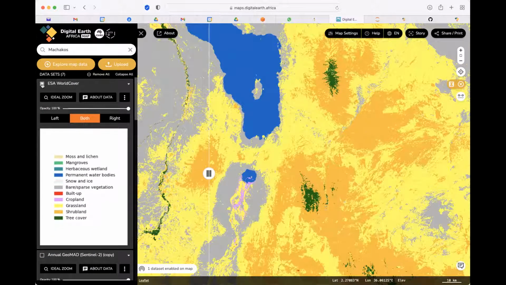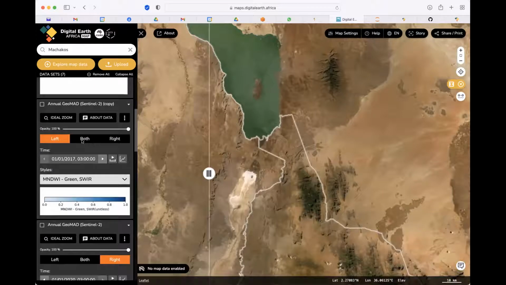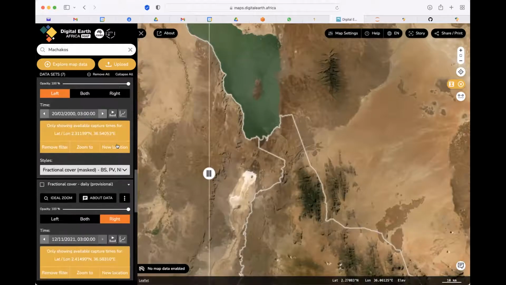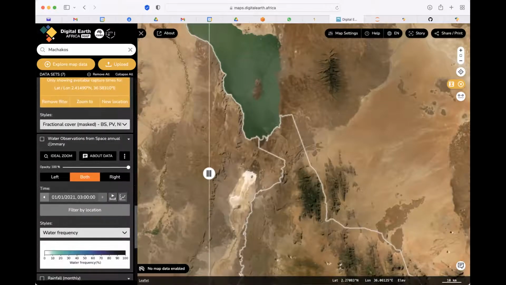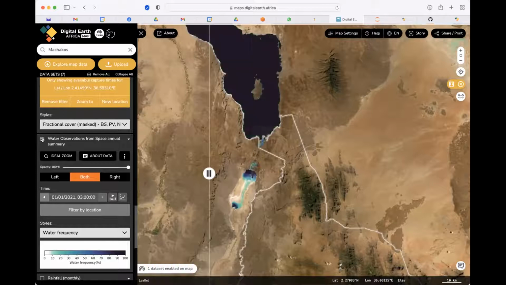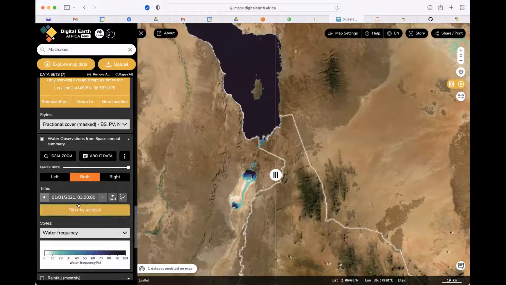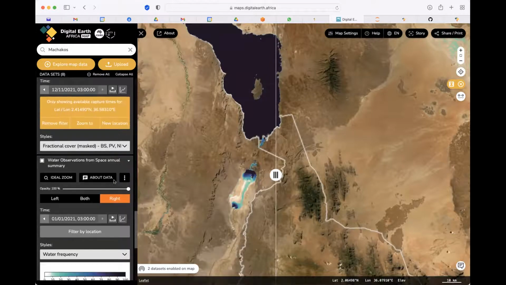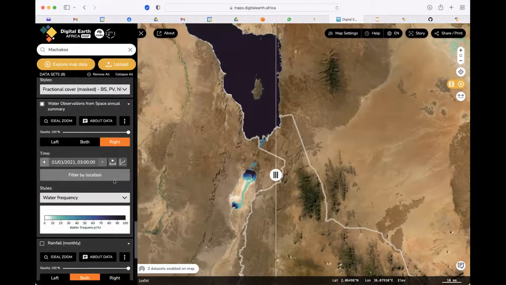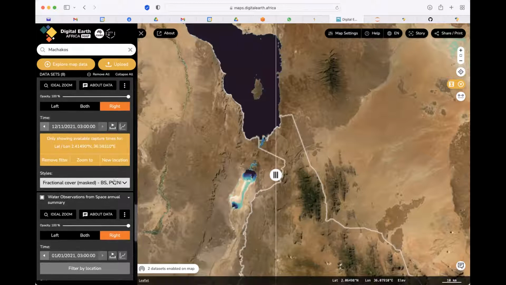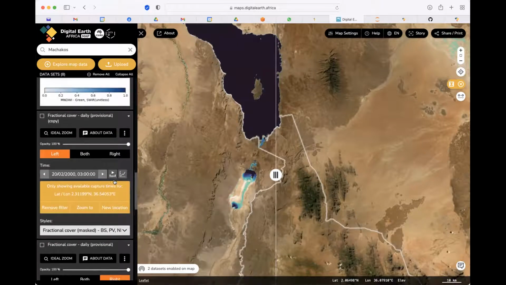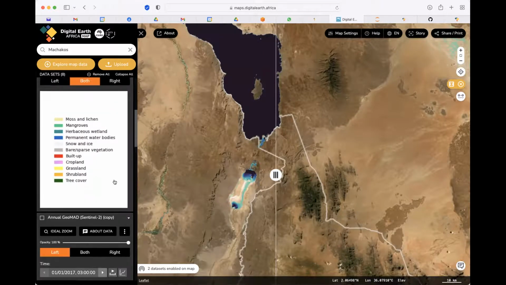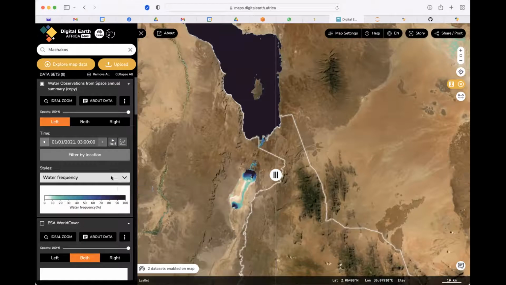And also you can choose to remove the layer and also look at further assessment using the water observation from space, which shows the area might be changing over time. And using this sort of observation from space, you can also do a compare of it, where we could have one on the left and the one on the right, so that we don't have confusions of the data sets that we have.